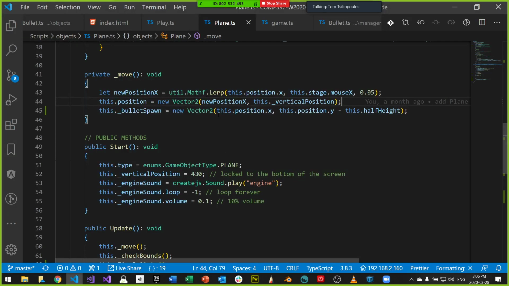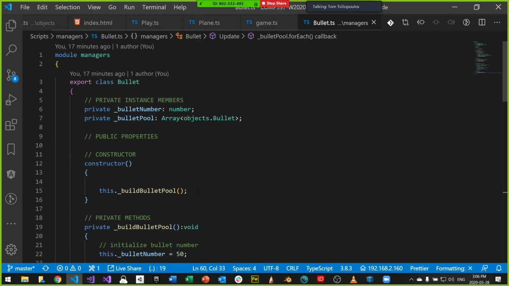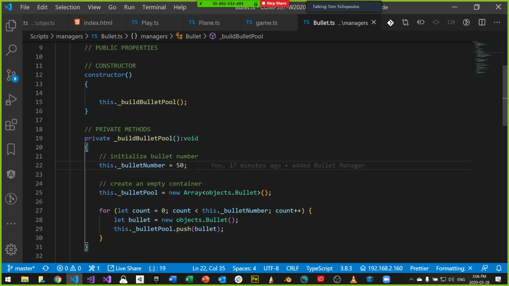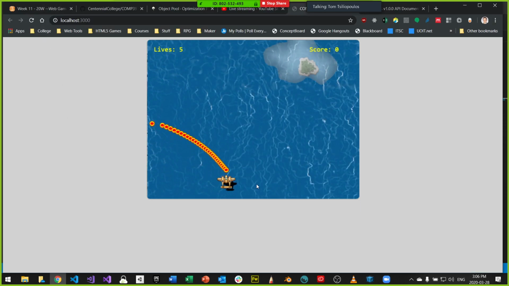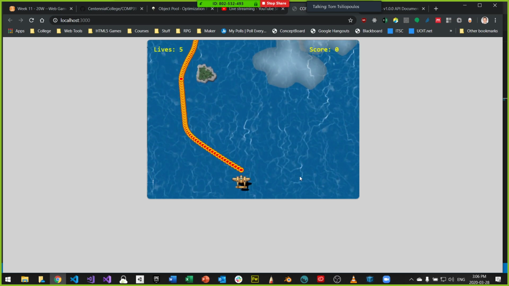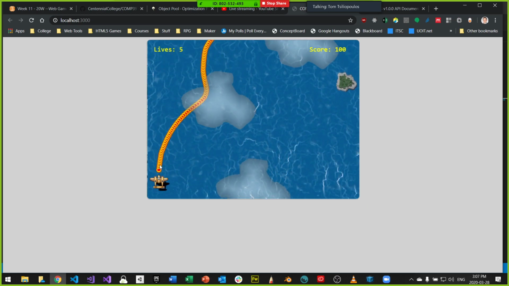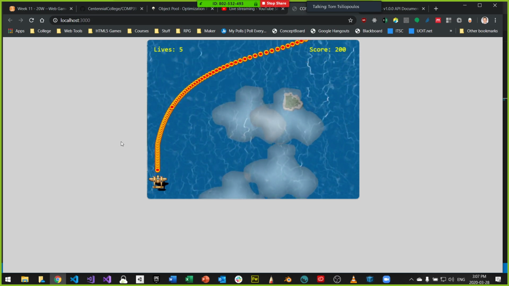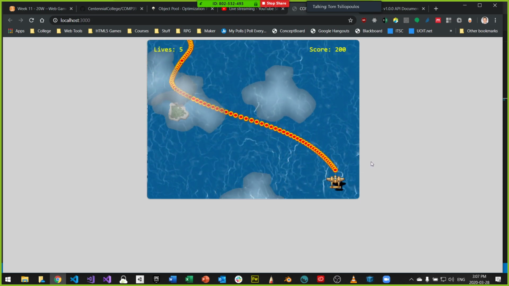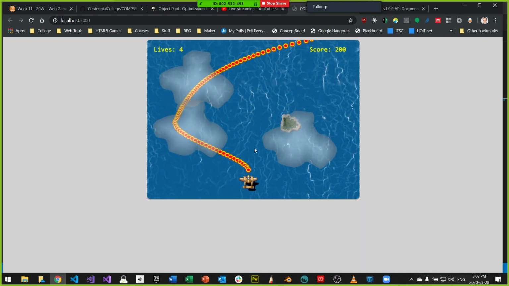If you want, you can increase the number of bullets. If you go to Bullet Manager, right now I have 50 bullets. Let's make it 100 bullets. Is that enough to get it off the screen? You should have enough bullets so that it can last and move off the screen. You can see now that those bullets are off screen. It keeps moving, like a big chain of bullets off screen. This is not really what we want, but I'm just showing you what you can do.